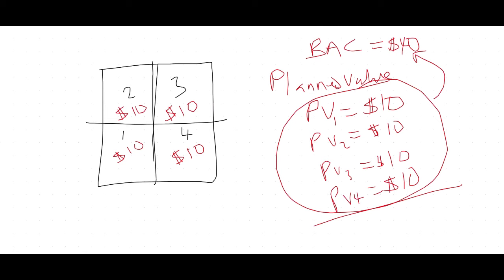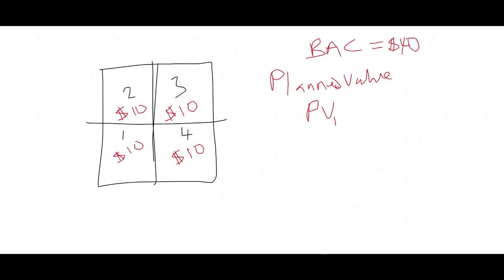With that said, let's take a look at a problem. So in this example, the idea is to spend $40 and to do what? To paint the entire wall. Now, every step of the way, you can check how well you're performing in terms of schedule and cost when you're using earned value. Most problems will give you the EV, the AC, and PV, or something close, and ask you to solve the problem. In this case, I'm going to say, since we know our planned value for day 1 is 10,